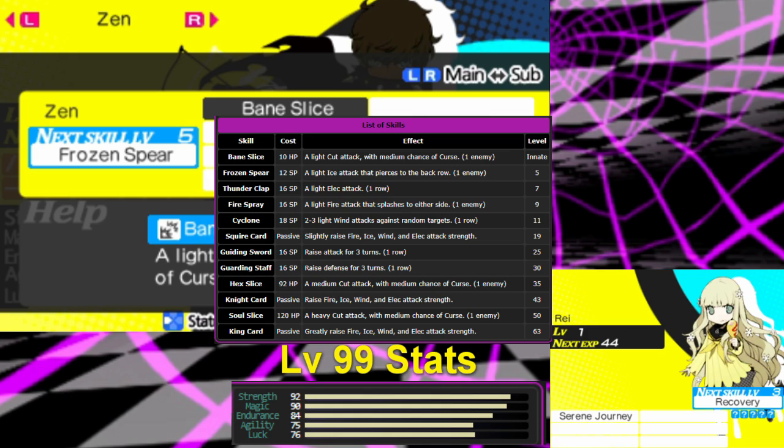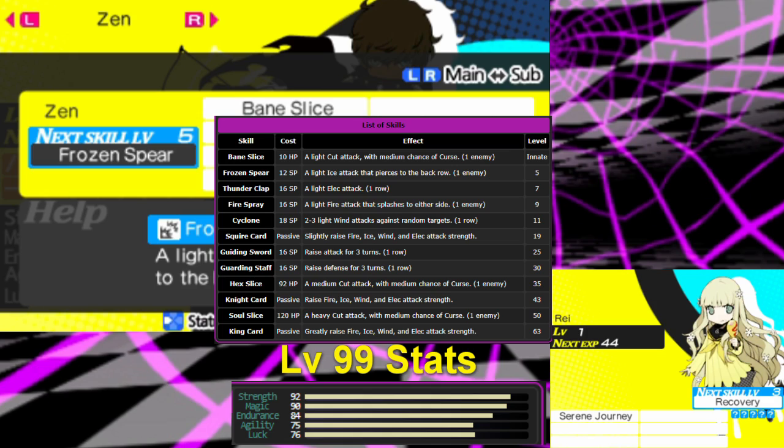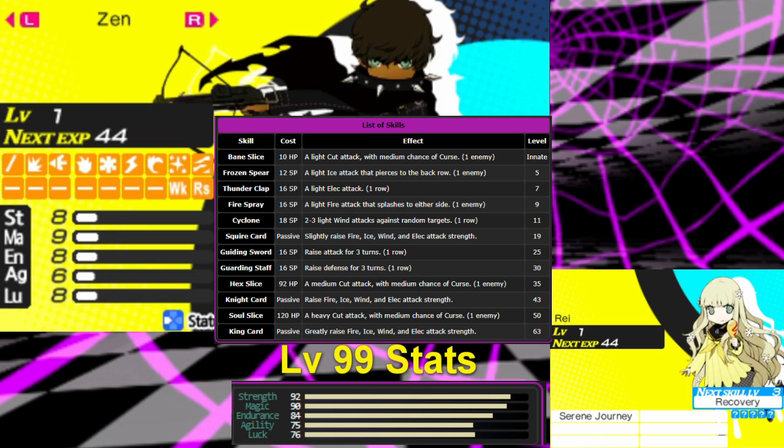Bane Slice has a chance to inflict Curse. Cursed enemies take damage equal to half the damage they deal whenever they deal damage. And he later on learns some elemental skills. He'll eventually learn some buff skills that affect entire rows at once, and these are very, very useful throughout the game. Rei, on the other hand,